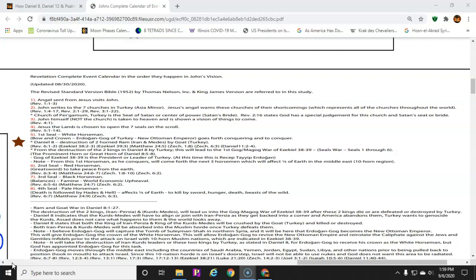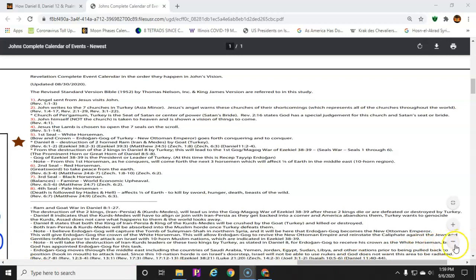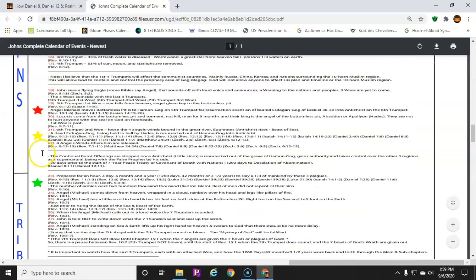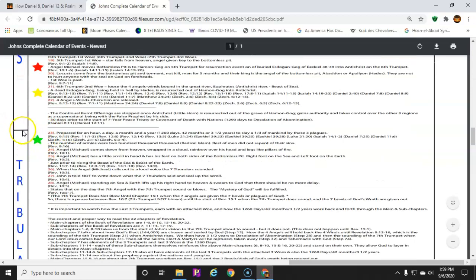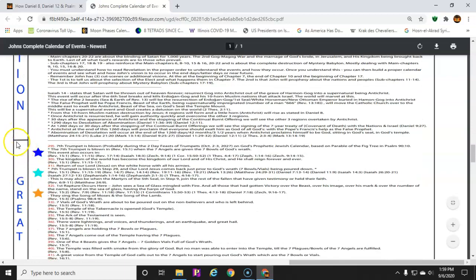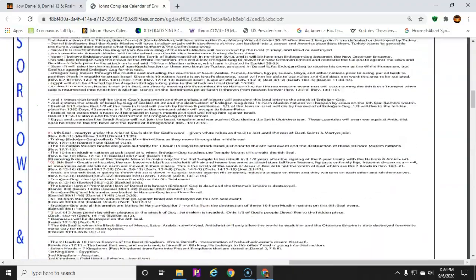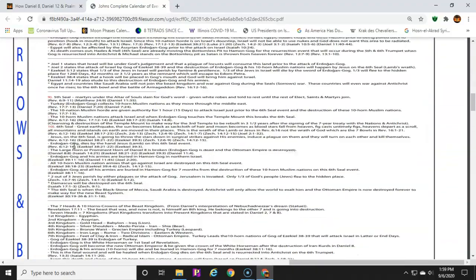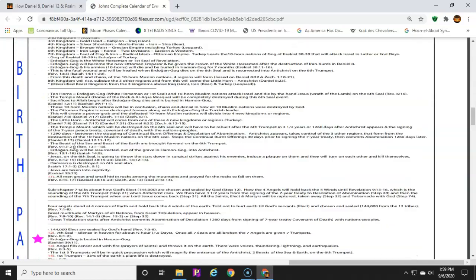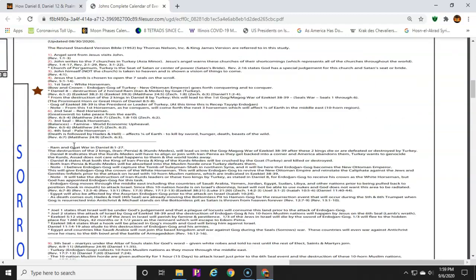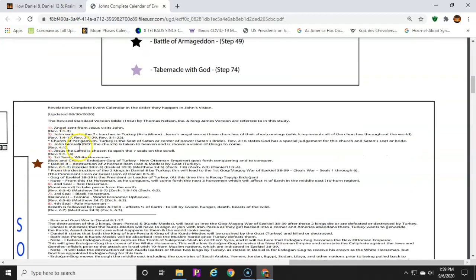And on this chart, I actually added when the sorrows begin, which is at the breaking of the first seal, all the way to the signing of that 7-year covenant of death with the Antichrist, which starts at 1260 days. Then we have the abomination, which then leads us into the Great Tribulation and so forth. So I've added that to this chart. I wanted you to be able to see those demarcations of where those times are. You can see the color-coded stars that go along with all the other sections of this flowchart.